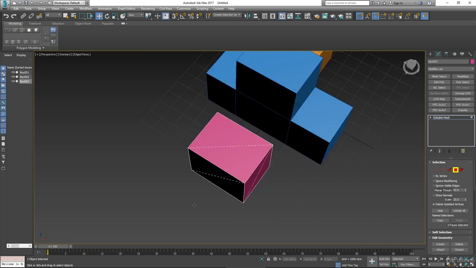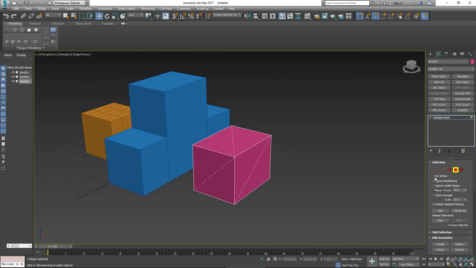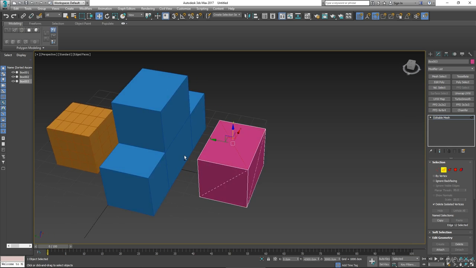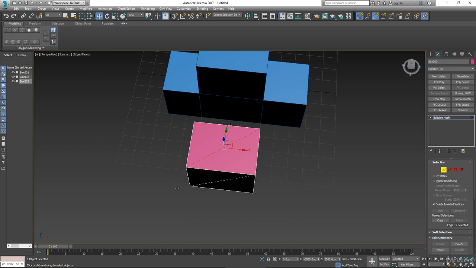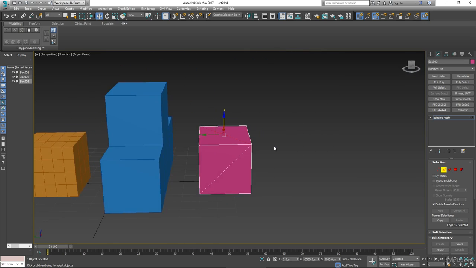See, it's all triangle still, but in edit mesh mode, it lets you edit even the invisible edges, which polygon mode doesn't let you do, because you're working purely in quads in polygon mode, and that's fine because you want that nice topology. But in mesh mode, you can work on a triangle level. You can even